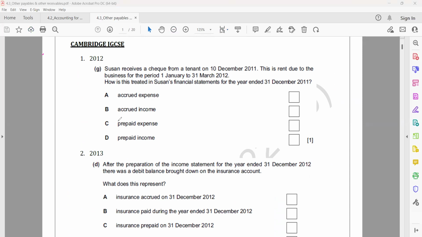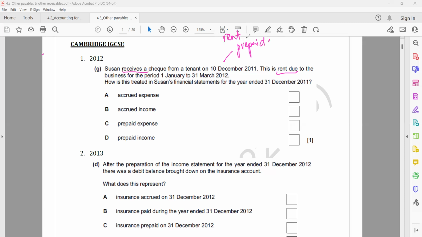Okay, now look at the question. Susan received a check from a tenant on 10 December 2011. This rent is due to the business for the period 1st Jan to 31st March. This means that this is a prepaid, okay, because he received prepaid